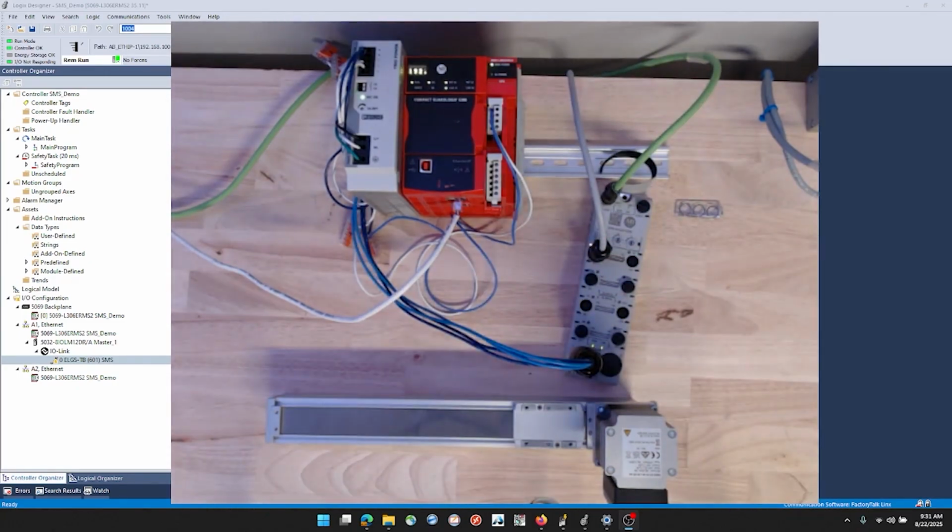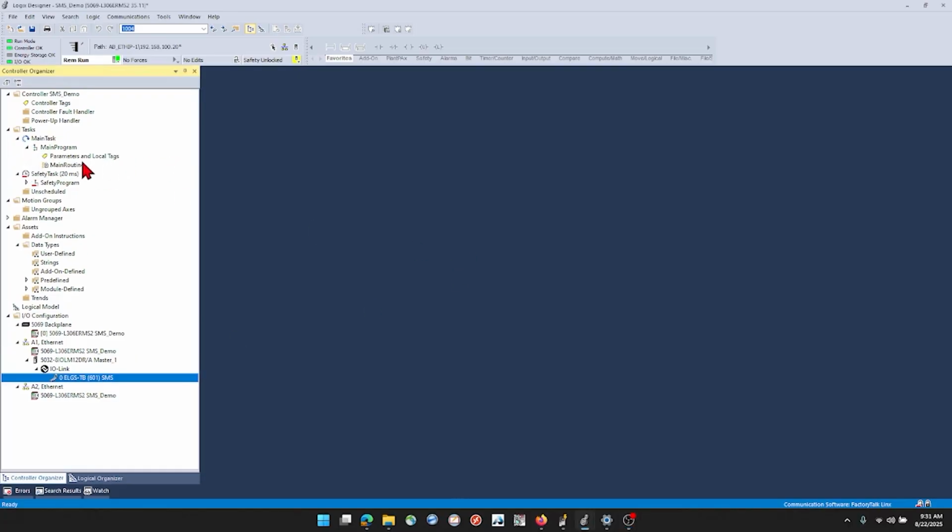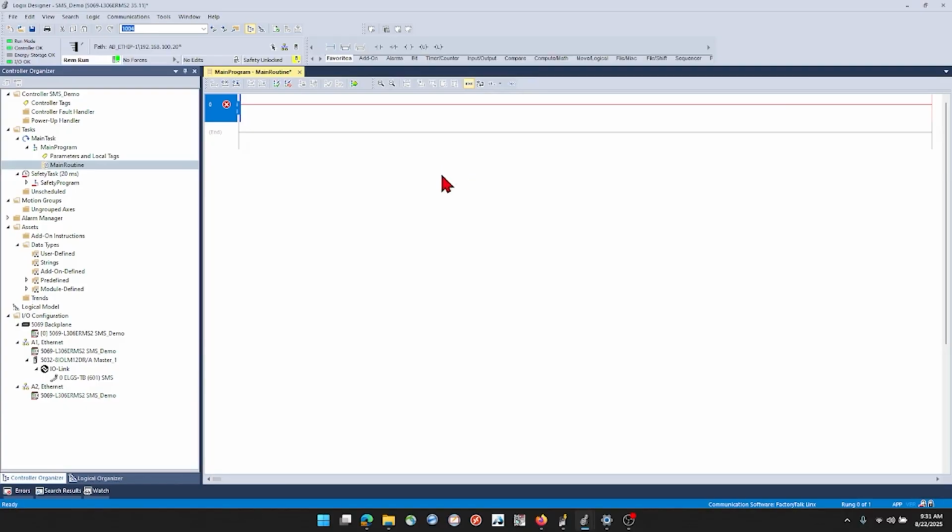And then we'll go see if that fixes our connection issue over here. And it looks like it did. It looks like we're talking. Everything should be good there. So we need to write a little bit of code in our project so we can start commanding this SMS